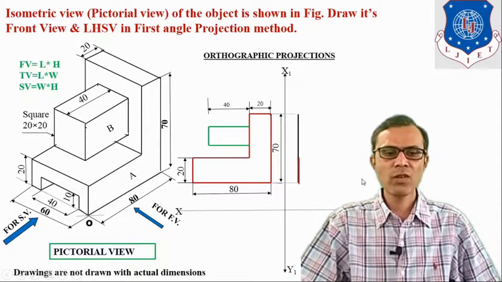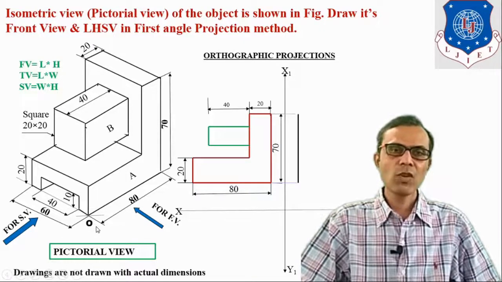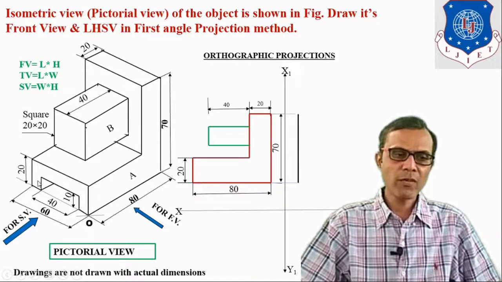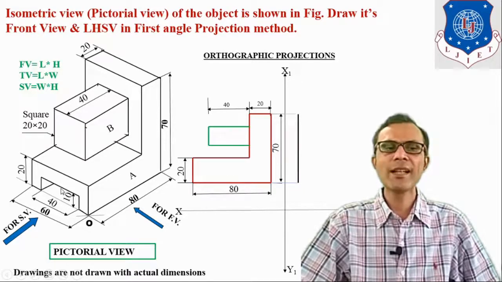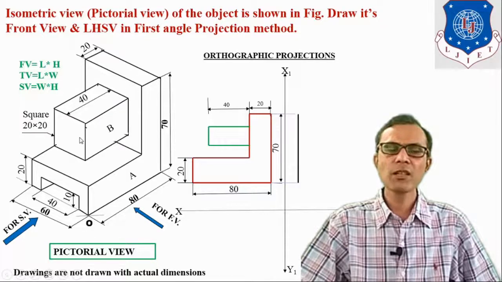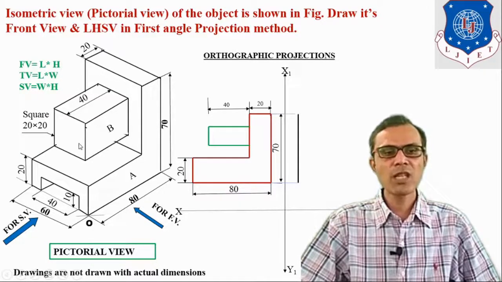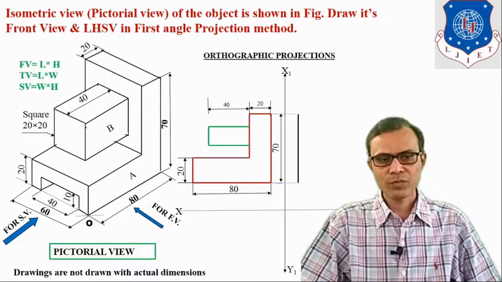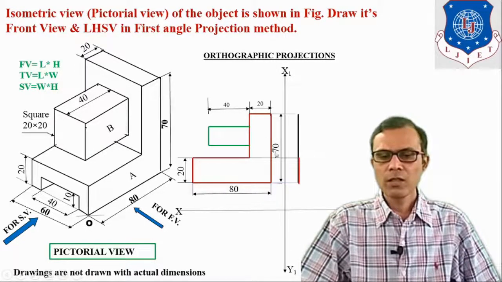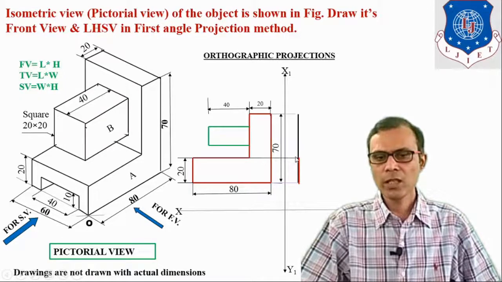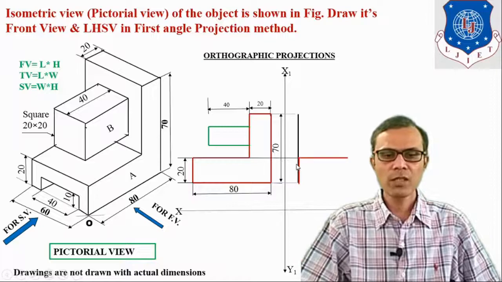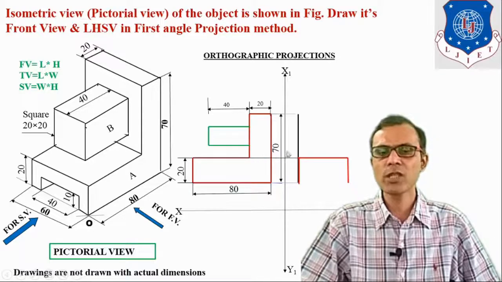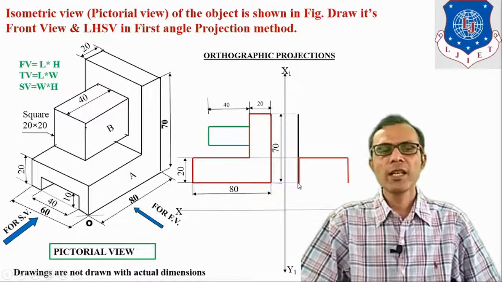First of all, let's visualize what we can see from the side view. From the side view, this inverted C shape can be seen clearly. This block will be visible and it will look like a square of 20 by 20, and it is a plate which will be seen with the actual dimension. So first, by taking projection here also, from this point also we have to take the projection. Now this step height is 20 mm, so we have to take this height 20 mm, and by taking projection also we can get this dimension exactly 20 mm.